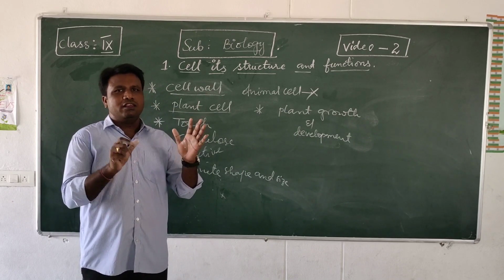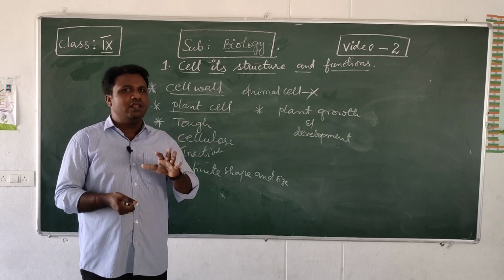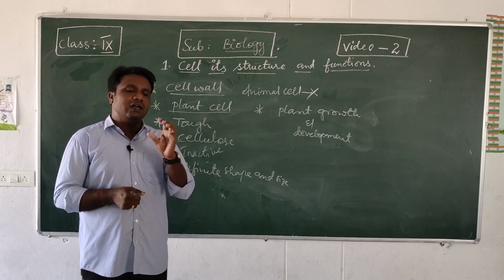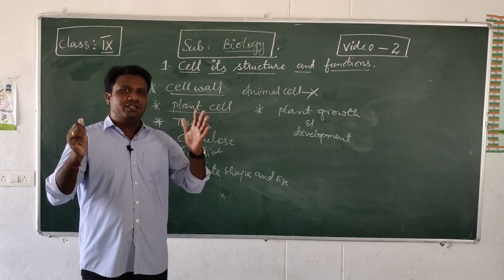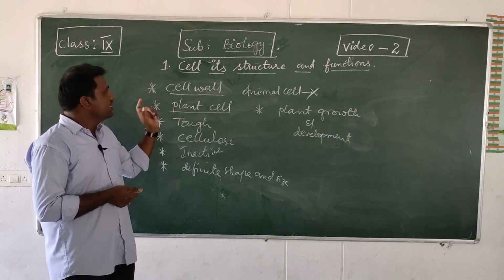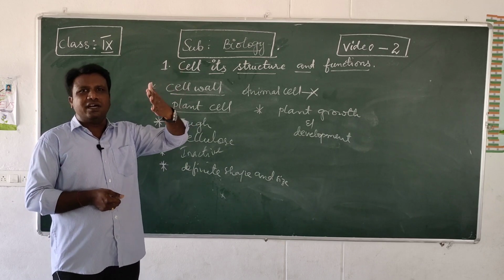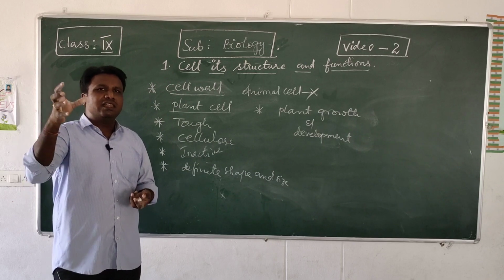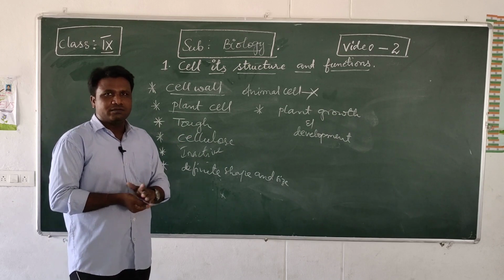If you touch a small sapling, it is very soft in nature because it has a cell wall around it. Those cells are immature or small cells, and they are all soft in nature. But if you touch a big tree, it is very hard in nature. Why is it so hard? It is because of the cell wall. The cell wall is nothing but the bark. If you remove the bark of a tree, you can find how hard the cell wall is, and it is mainly made up of cellulose.